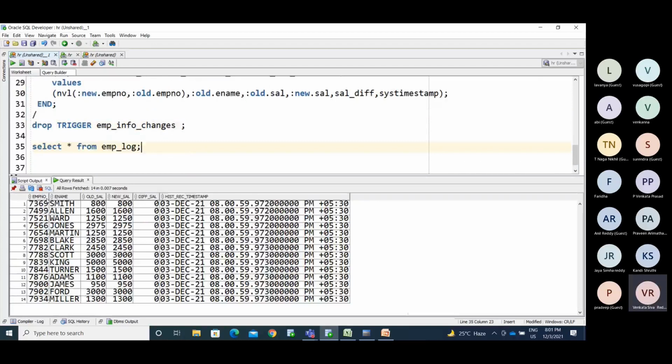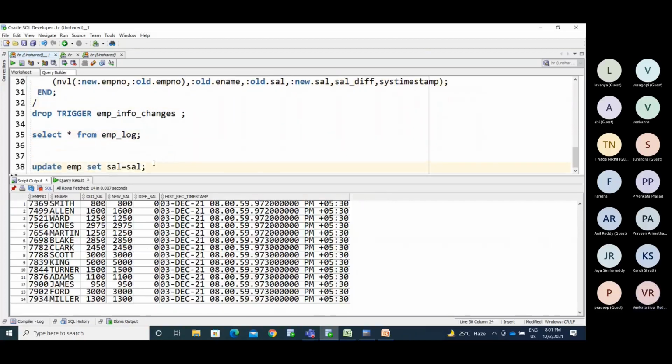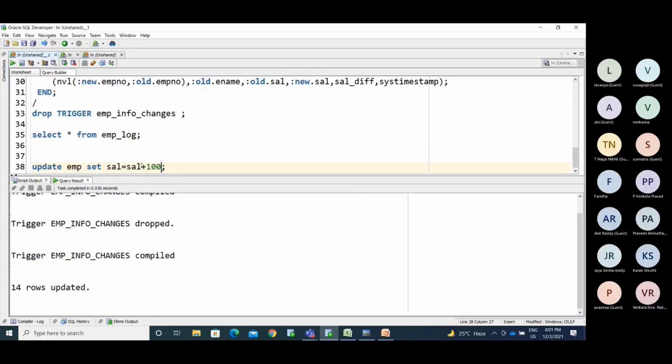It fired 14 times, and the record was inserted 14 times. See here, old salary and new salary are the same, so there is no difference. Diff salary is 0. You inserted the correct information, right? Now I'm updating with sal plus 100 in the employee table.